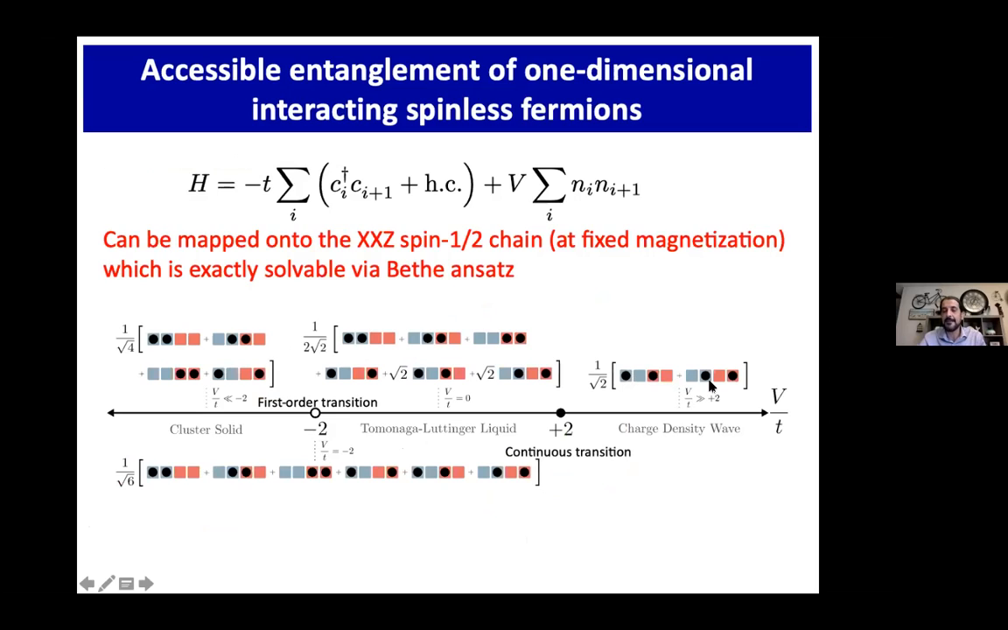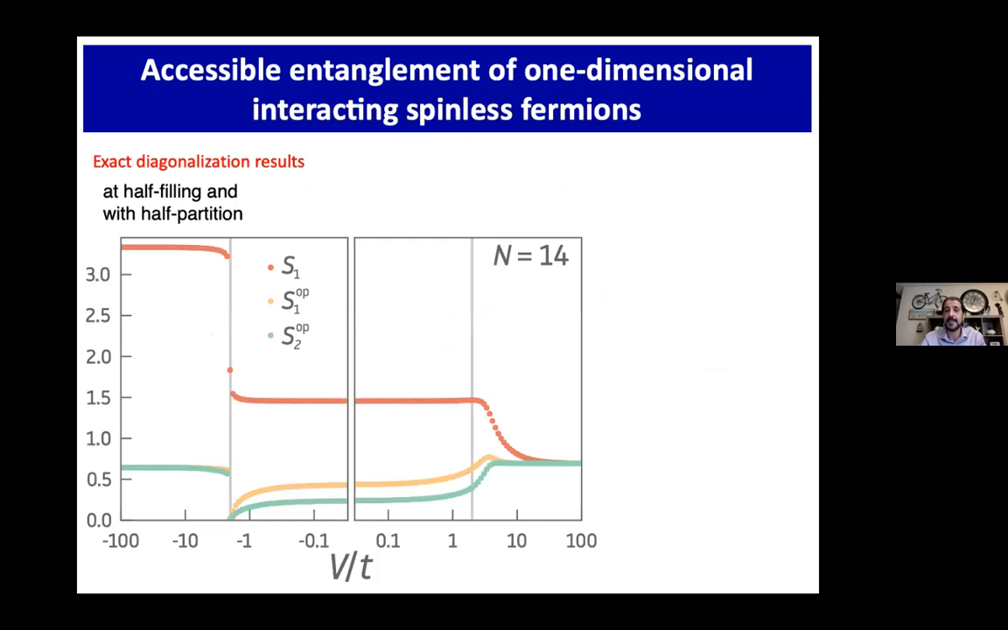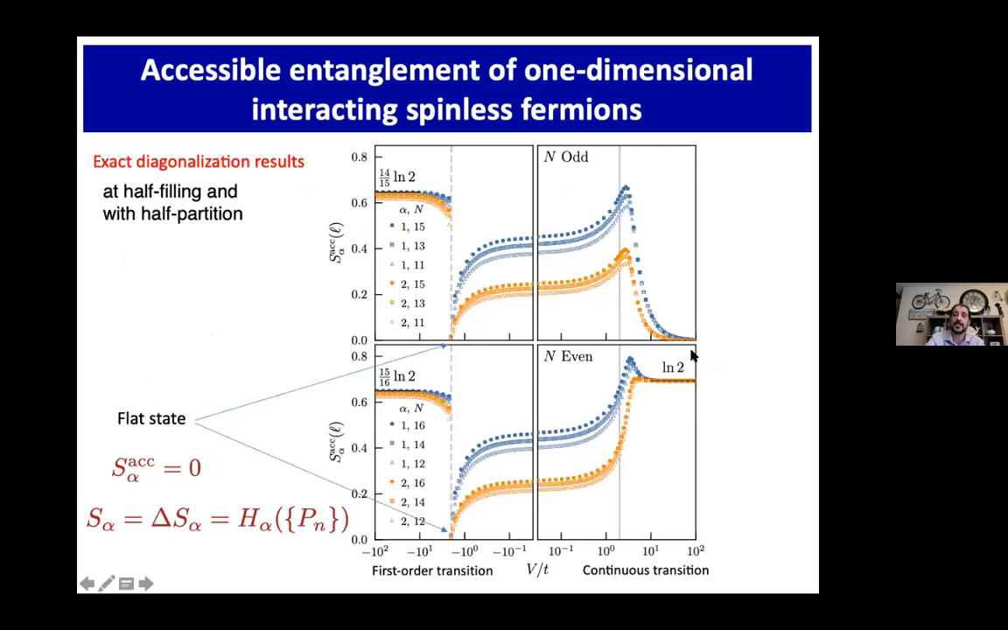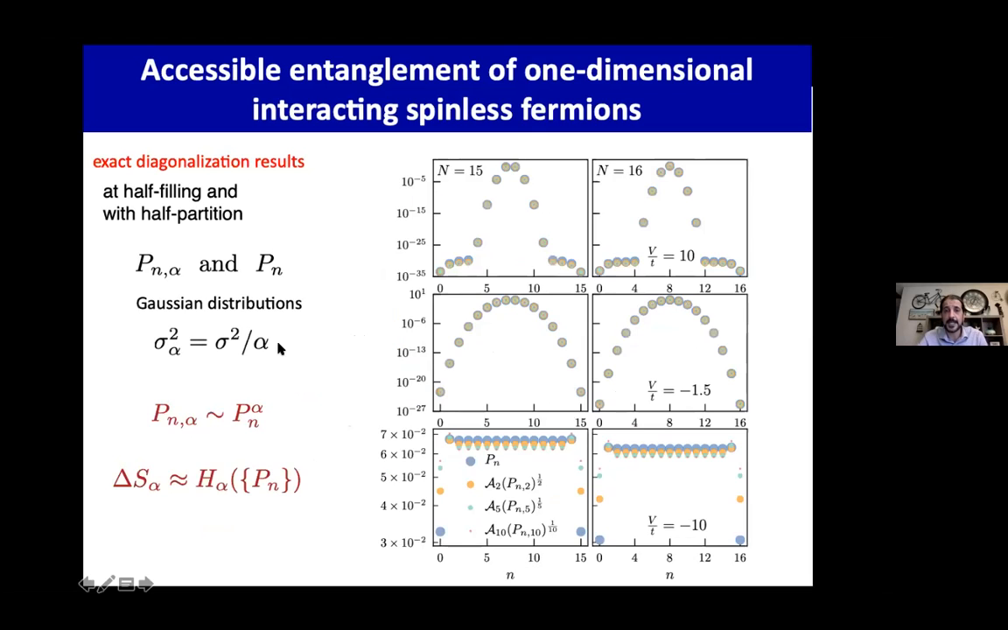However, if you have an odd number, then the 2 partitions never have the same number of particles, and that gives us the difference of a log 2 at this point that goes to 0 for odd, and it's log 2 for an even number of particles. So these are the results for this flat state, where one can show exactly and prove that it's always a flat state at this point for any filling fraction, and the result is also the same for any partition size. Now, if we look at the Tomonaga-Luttinger liquid phase,